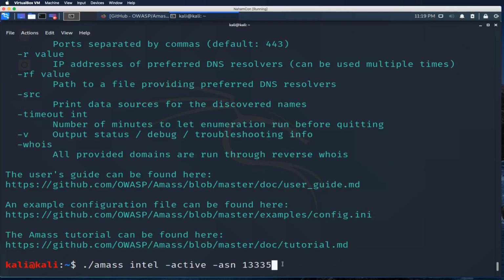So this command right here, again, assuming this was not Cloudflare, and that you had some inkling that it did belong to or was somewhat specific to the target organization, if you executed this, it would probably reveal some additional domain names that are being utilized within their network. And the primary way it would figure that out is, well, it's two ways pretty much. It's either reverse DNS or actively obtaining